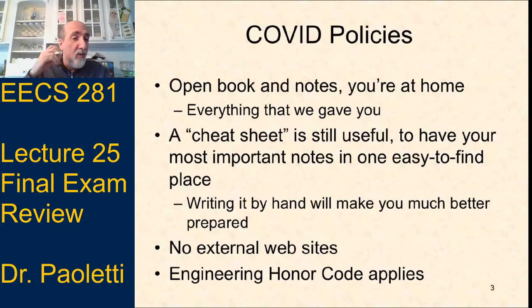COVID policies are like the midterm: open book, open notes, or basically open lecture notes, lab, project. You can use anything we gave you. However, that doesn't mean it's easy to find what you want. So be deciding what you might want quick access to, like, I don't know, each of the different sorts, what their complexity is, what's their worst case, best case, average. Oh wait, hold on, I'm thinking sorts. That was before the midterm. Sorts was before the midterm. So we should be looking at graphs, hash tables, etc.